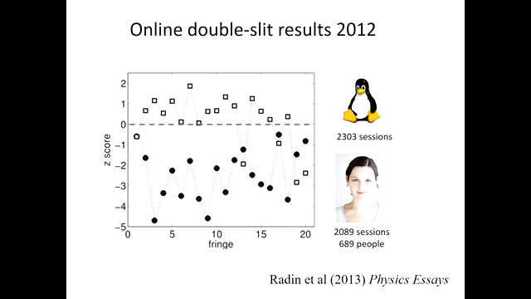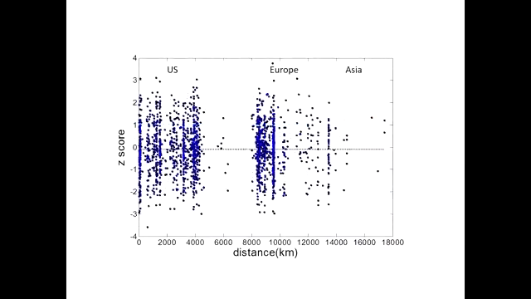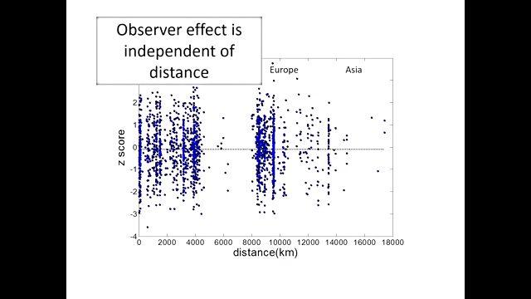So what's nice here is we're able to look at yet another issue, which is, does distance matter? So this is the distribution of the effect sizes from where we were in California to the farthest that you can get from our laboratory, which is South Africa, which is 18,000 kilometers away. And so we did a linear regression. It turns out to be flat to 6 decimal places, but not null. That line looks like it points at 0, but it's below 0. That's why we end up with a significant effect. So the observer effect is independent of distance.